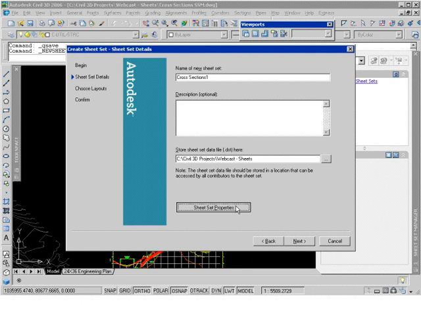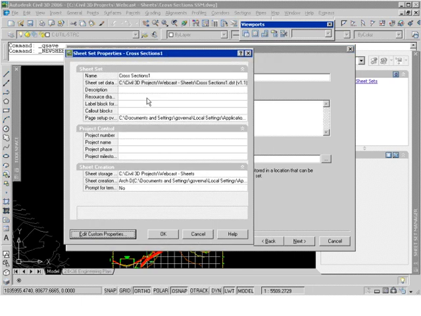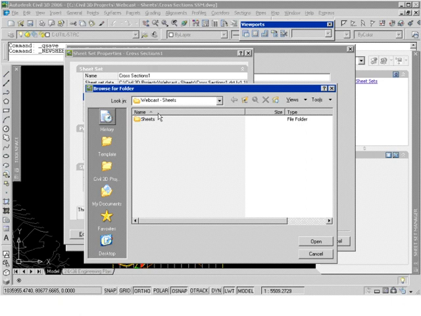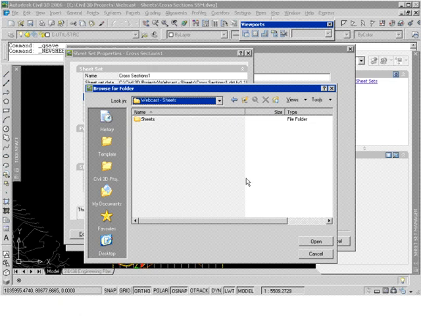And then we want to take a look at actually generating our sheet set properties. This is an important step because this is where we're going to come in and say where are data files stored, but also where are resource drawings. So the drawings that I'm actually going to pull data from to create my sheets for. So I'll go ahead and browse out and choose a location. And in this case here, I've got my folder under my projects for this webcast today where I've stored the